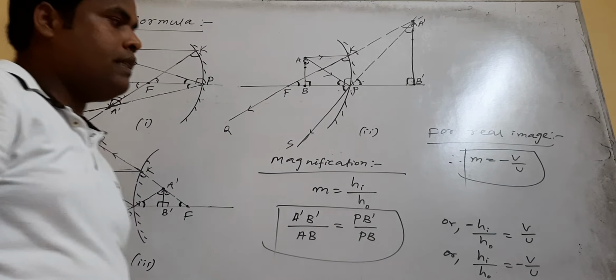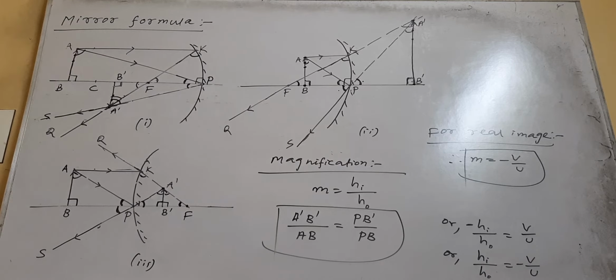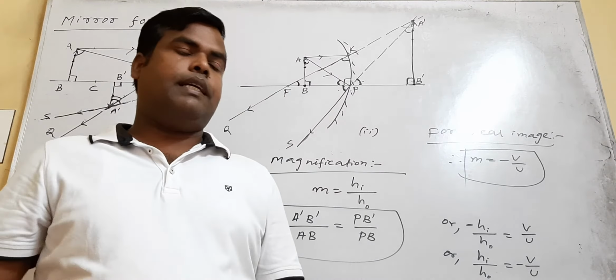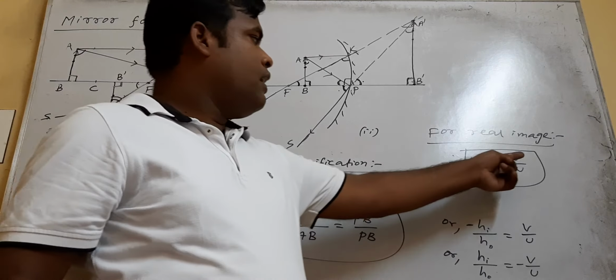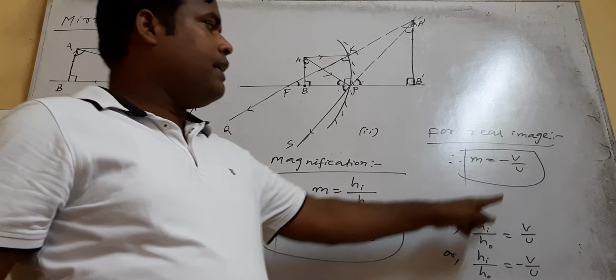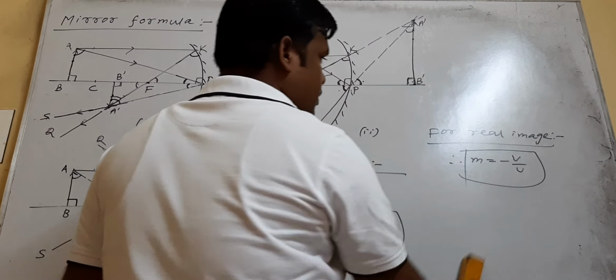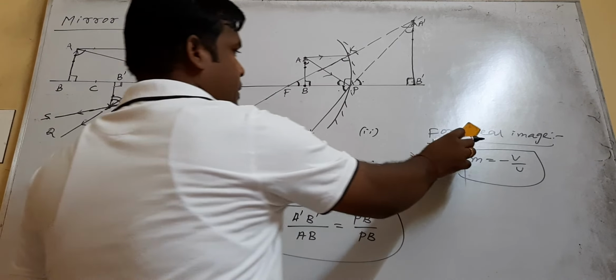For a real image, the formula for magnification is minus v by u. So this magnification we are studying is linear magnification, that is image distance divided by object distance. So now for a virtual image,